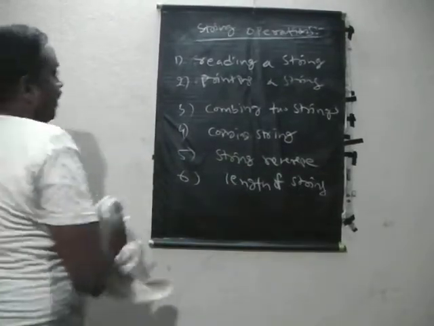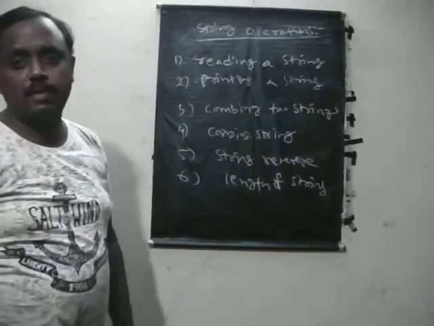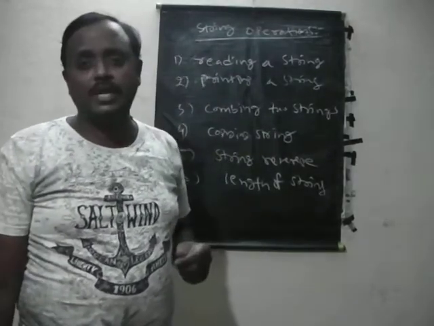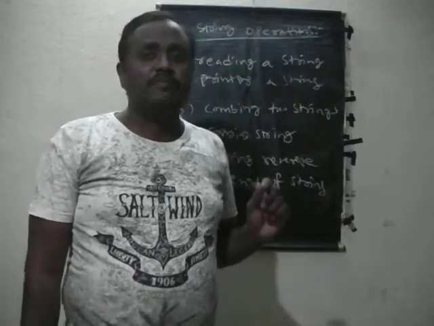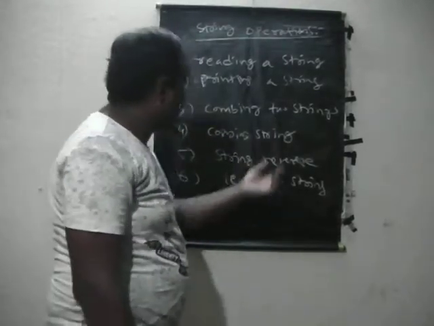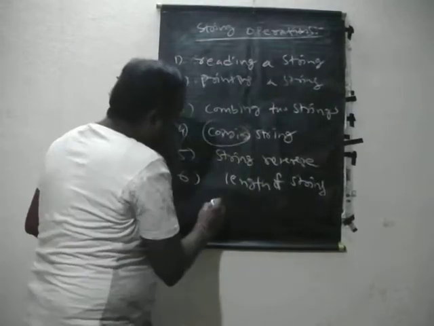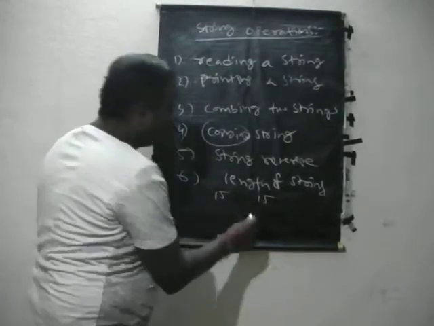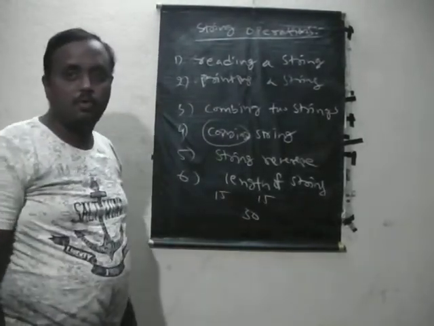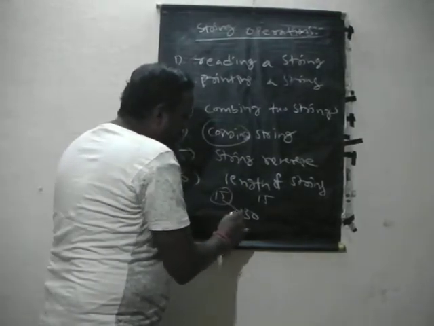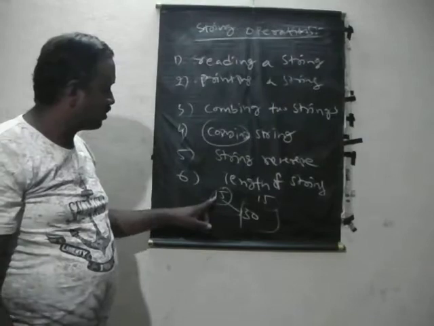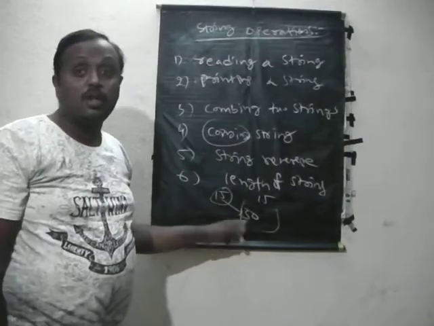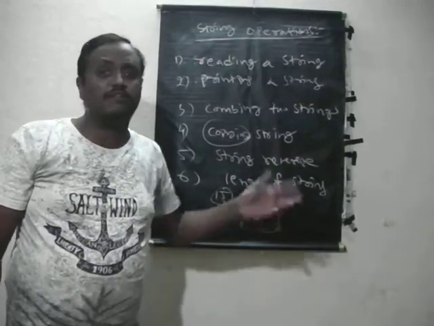Okay. For these there are shortcuts. If you don't use them and write manipulation code manually, a lot of code will be required for each and every operation on the string. Why? For example, copying. The first string has 15 characters, the second string also 15 characters, so the result string definitely has 30 characters. Each and every character you need to allocate in a new string. First we take 14 characters from this string and again 14 characters into this string. If you know the size, okay, but if you don't know the size, every time the size will be varying.